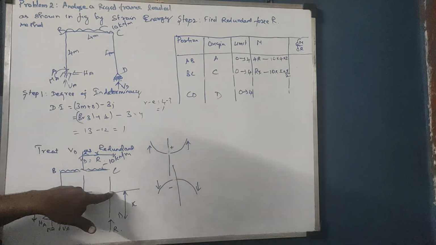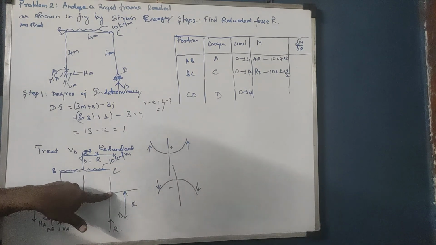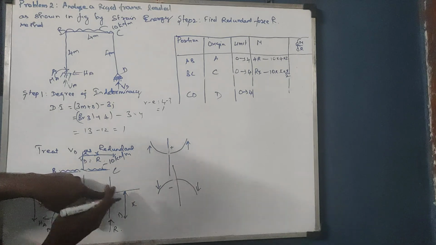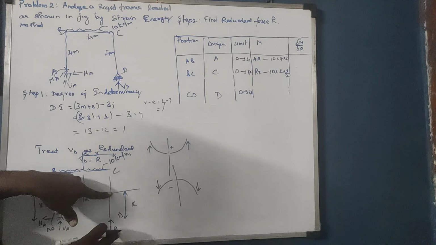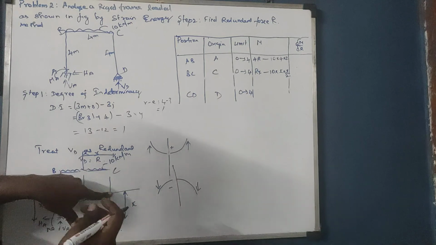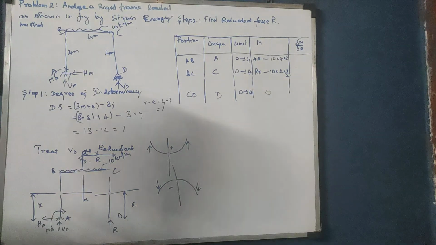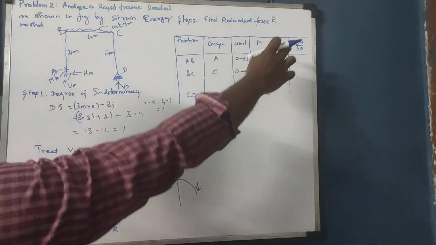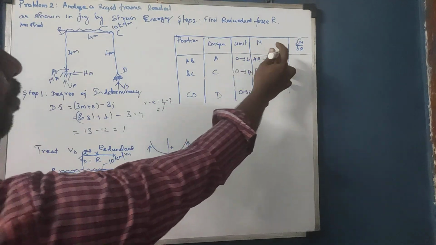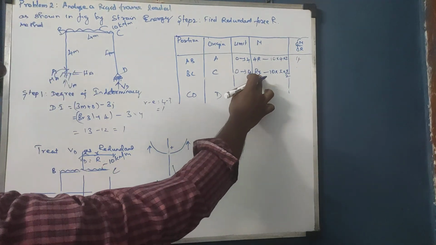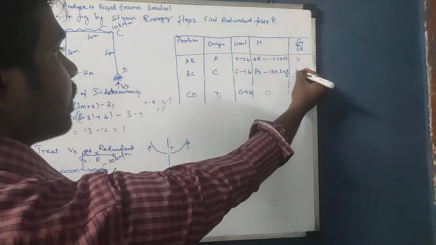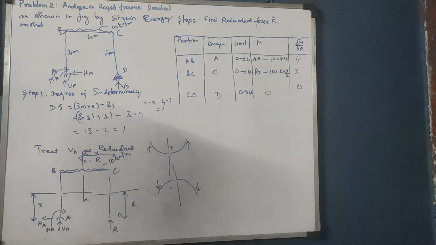Next, at the third section, keep your finger at this point, and below this point there is only one force, that is R. That vertical force into horizontal distance 0, therefore it is 0. Now we have to differentiate moment with respect to R. Differentiation of 4R is 4, and differentiation of Rx is x, and for the third section it is 0, right?